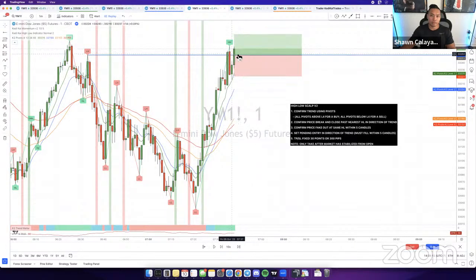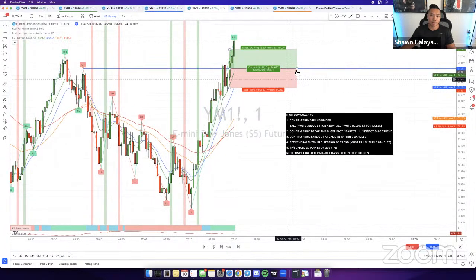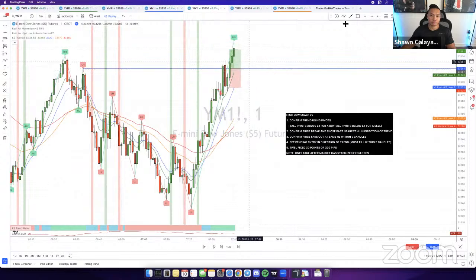Okay, right here, you can see the order is now filled. The trade is active. It climbs up higher and straight to TP. So there goes an example of a buy. Same day, we didn't take this trade. I forgot why. I think we might have just missed it or we just skipped it. But this is the same trade, just in the opposite direction. So bullish trend, confirm price break and close, fake out, continuation back to the upside for the correction. Would have filled right here, the pending order, straight to TP.